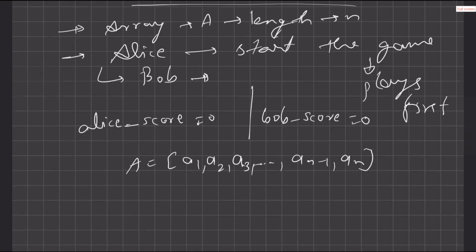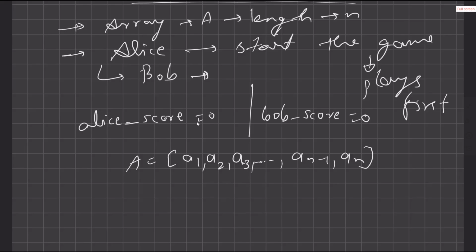Since Alice is going to start the game, Alice may choose at max three elements from the start of the array. If Alice chooses just one element, Alice's score is going to be a1,